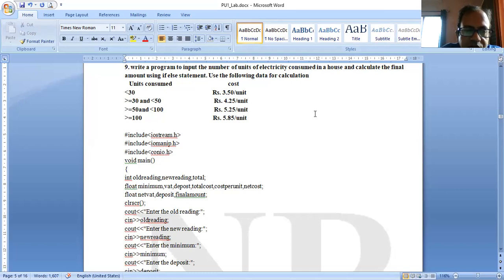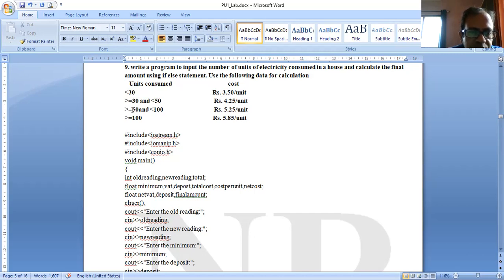We are using this data for calculation. If fewer than 30 units are consumed, the cost is rupees 3.50 per unit. If the units are in the range from 30 to 50, that is more than 30 and less than 50, then the charge should be 4.25 per unit.